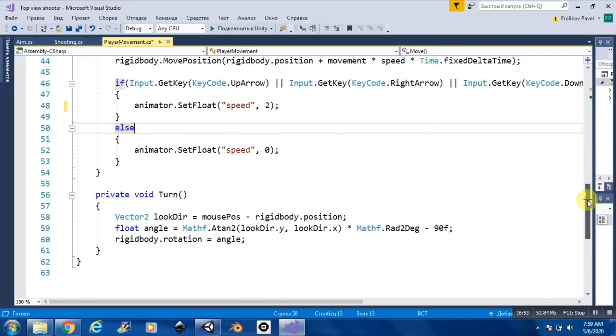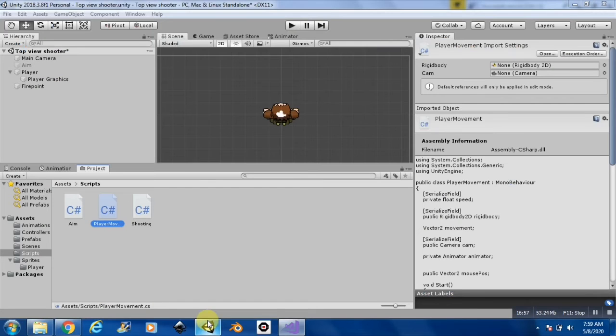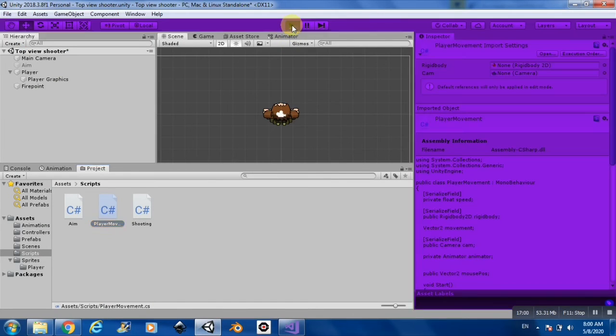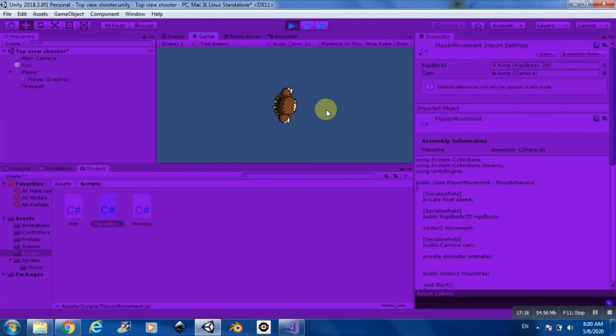Here, and that's all. Save to Unity. And now he walks,